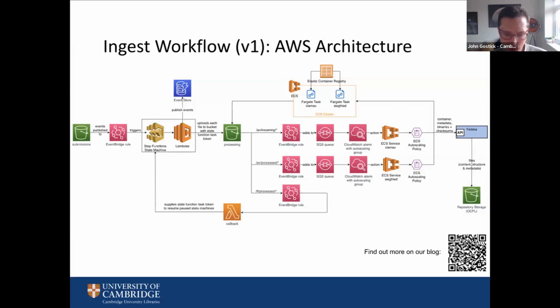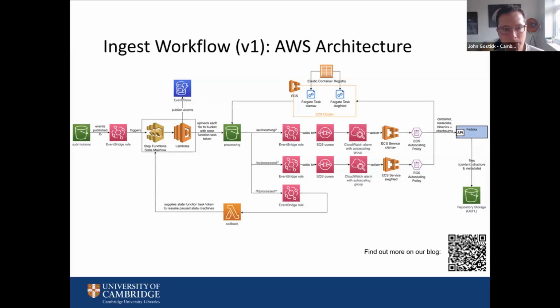What this diagram does hint at as well is how we've done the various what we term microservices, but I think that is not strictly correct in terms of the definition. But again, using the same event-driven model, at some point during the step functions workflow, files that have been individually extracted will get dropped into a processing bucket. And that in turn, through similar things, triggers a chain of events. Event Bridge drops a message in a queue. A queue in turn triggers a service to spin up a little instance of those two services I mentioned,